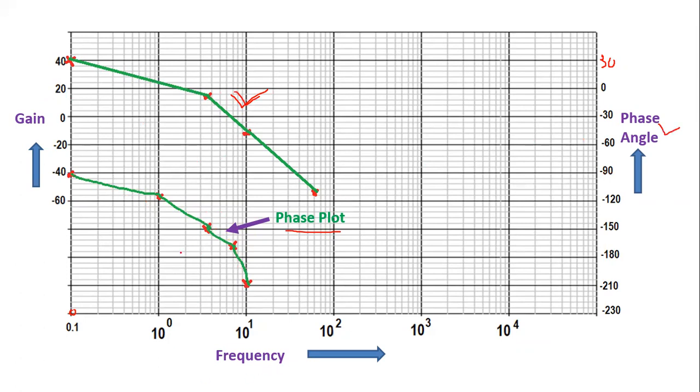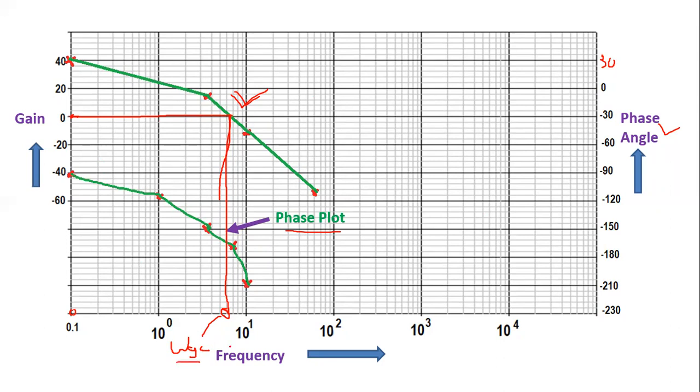Once the magnitude plot and the phase plot are over, from the graph, first we need to check the gain crossover frequency and the phase crossover frequency. First, we come to the gain crossover frequency. Already the magnitude plot is there. From that magnitude plot, we can identify the gain crossover frequency. From the magnitude plot, where the gain of the system is 0, this line we extend on the plot. If we extend this and check what the frequency is, that frequency we call omega GC, the gain crossover frequency, where the gain of the system is 0.